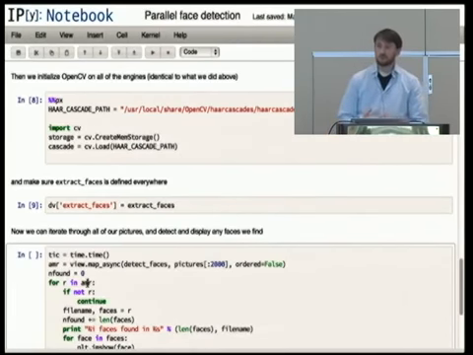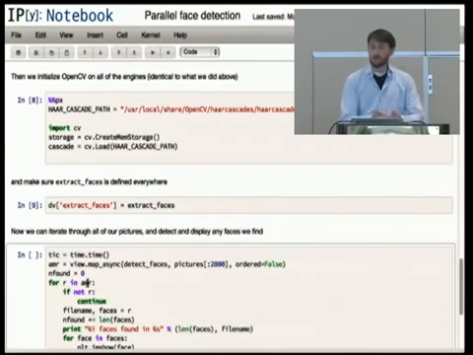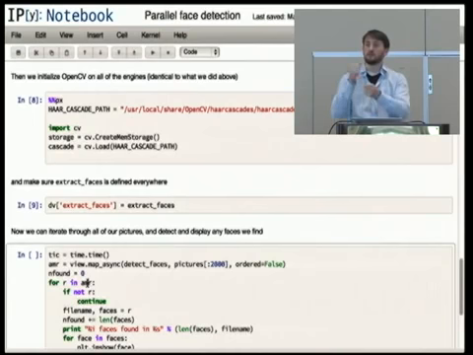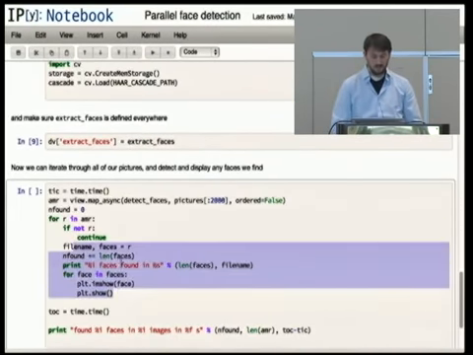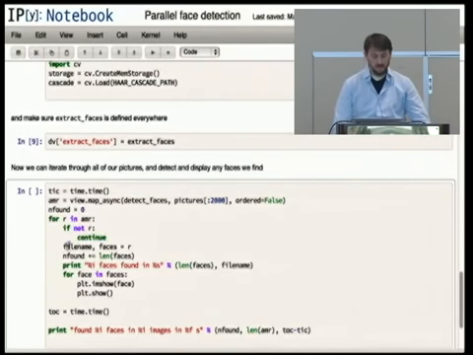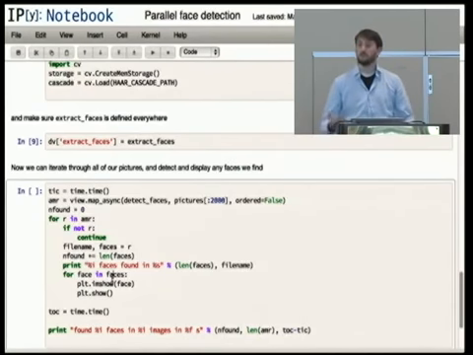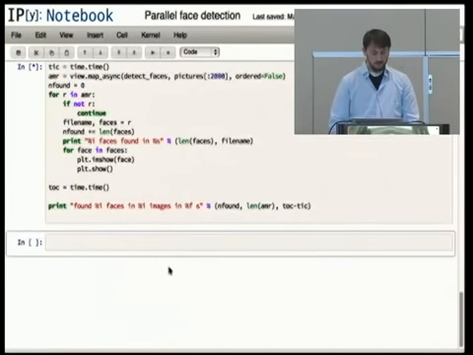With these async results, you can actually iterate through them immediately, before they're done. So I start iterating through results, and it will wait for the next sub-element of the result to finish, and then yield that every iteration as they arrive. If it didn't find anything, I just wait for the next one, and then unpack the result and show the image with matplotlib if it found a face, or more than one face. So if I just run this,